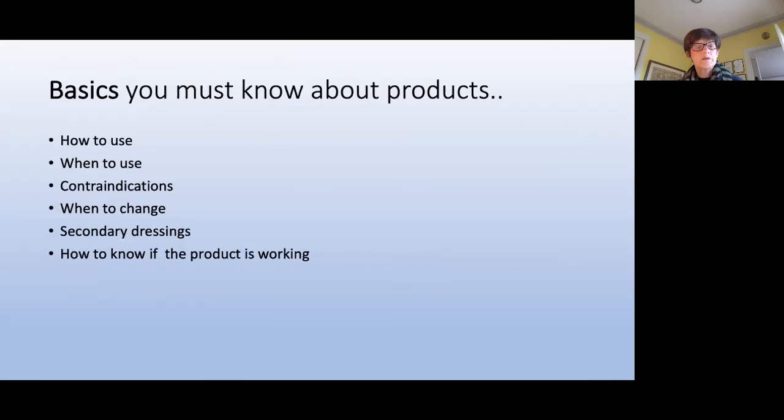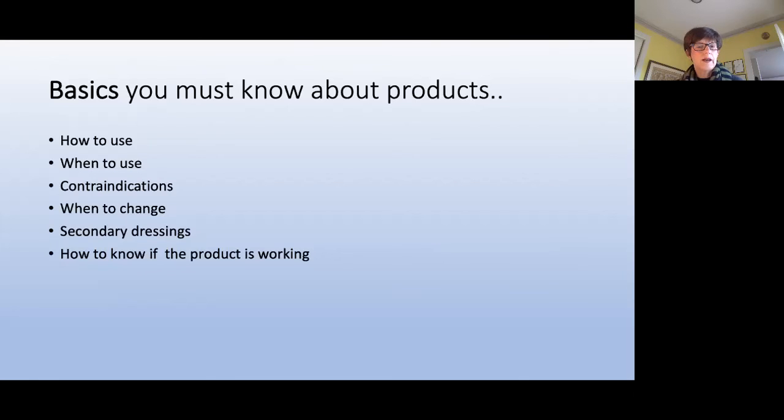The basics that you must know about wound products is how to use them, when to use them, are there any contraindications, when to change, what secondary dressings are required, and of course you need to know that it's working for you. So you've set your goal and now you're looking at it to see if you're beginning to achieve that goal. So how to use the Sorbact range? It's simple. The product is a very simple product to use. When to use? Well, from clean contaminated right through